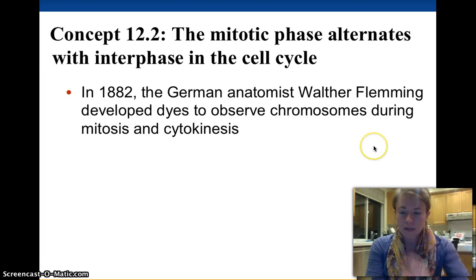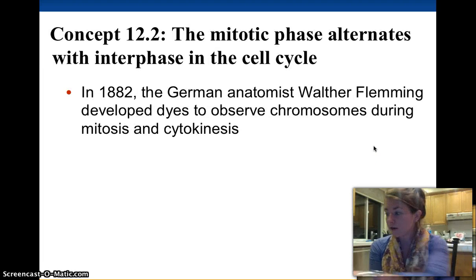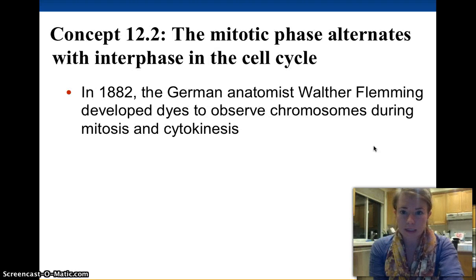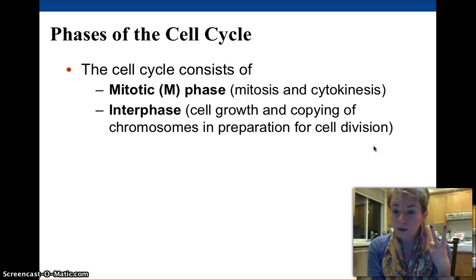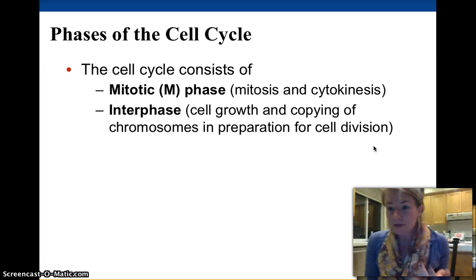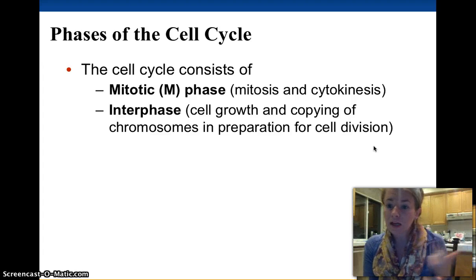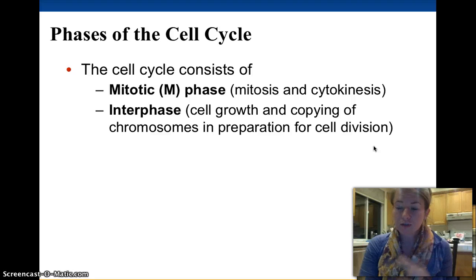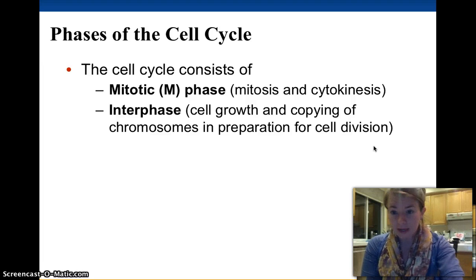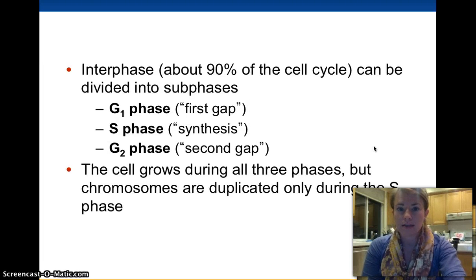Okay, so on to 10.2. This is when we're getting into the nitty-gritty of this. Don't worry about the experiments. So we have two stages of the whole cell cycle. There's interphase, which is when everything is happening inside the cell. The cell is just out there being a cell. If it's an eye cell, it's seeing. If it's a heart cell, it's pumping blood. If it's a blood cell, it's carrying oxygen. So it's doing its job. It's growing, it's developing, it's doing its job. But then it needs to divide, so it goes into M phase, which is mitosis, the mitotic phase.